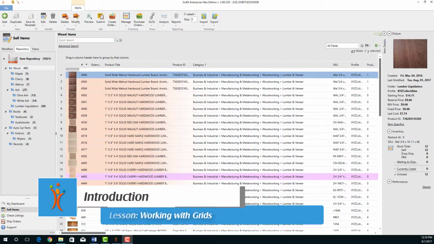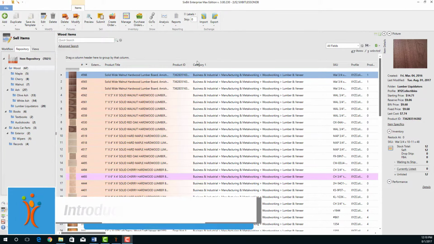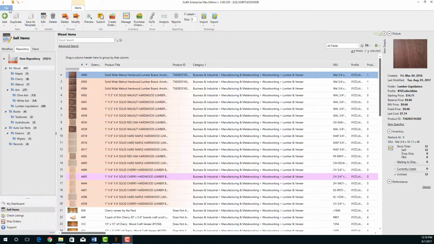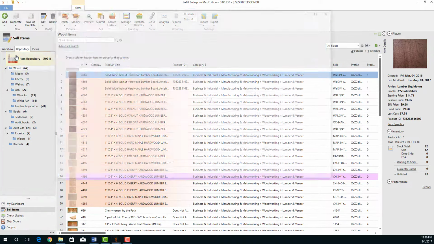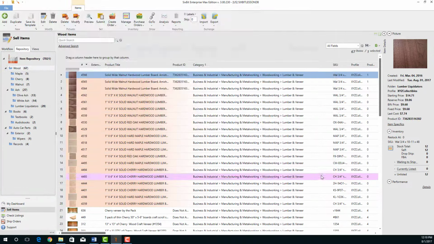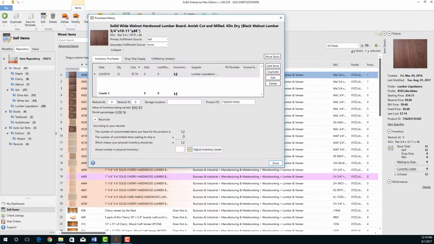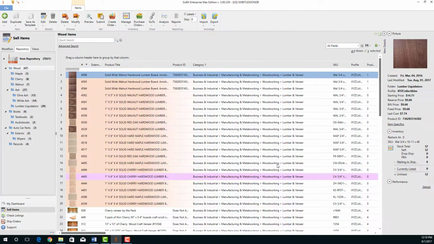Grids are found all throughout 6-bit. Each of the major modes has a grid, and you'll also find grids in places like the event log, or when managing purchase histories, there's a grid there. But no matter where you find a grid in 6-bit, they're all going to have a subset of the same